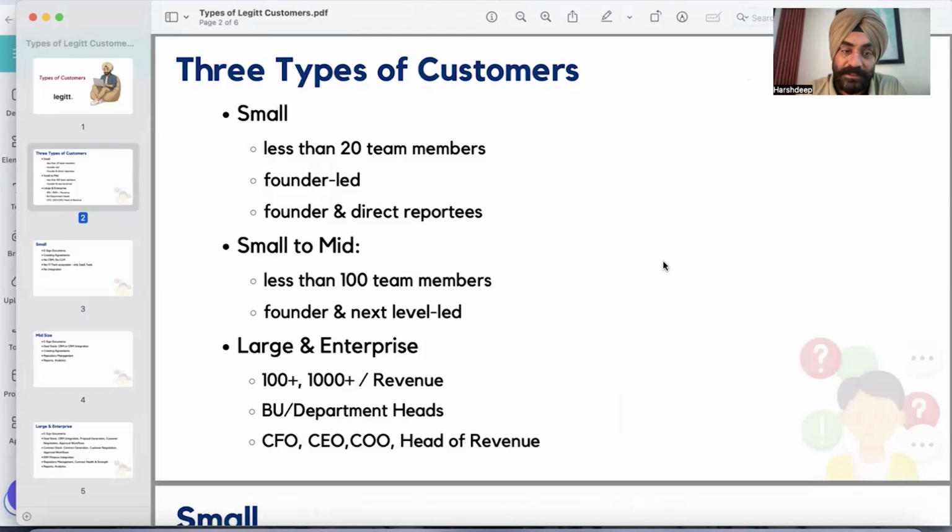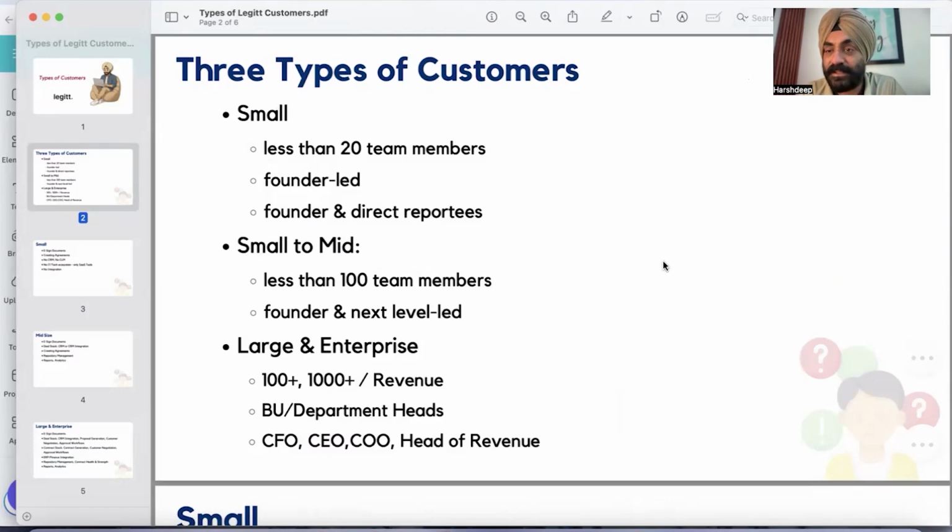Then come the mid-sized customers, slightly bigger than small, but still not very large. So maybe less than 100 team members, or it can go up to 200 team members. It's still a founder-led business, or there might be a couple of units, say a sales team led by a certain person and an operations team led by another, but there won't be more than two or three teams within the organization.